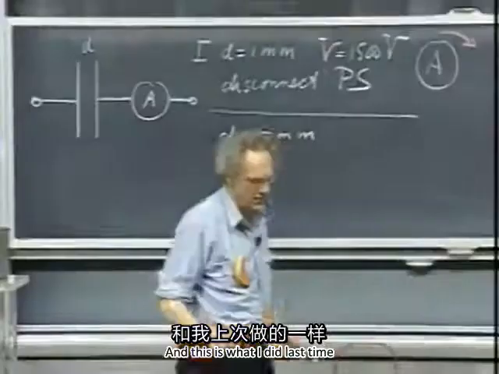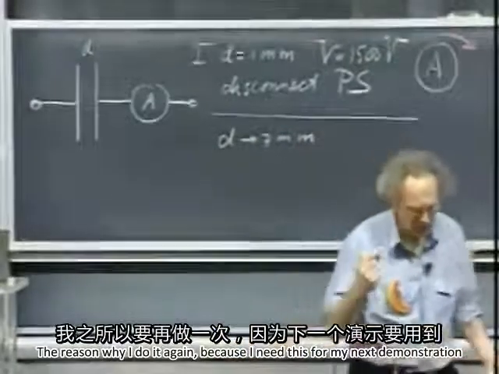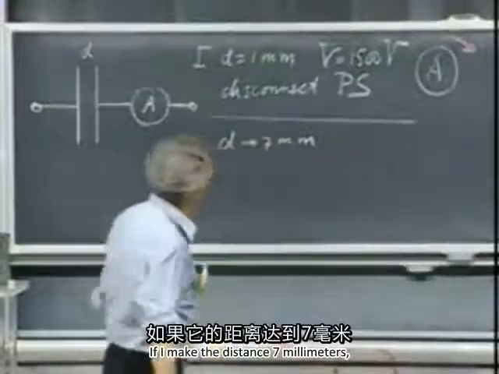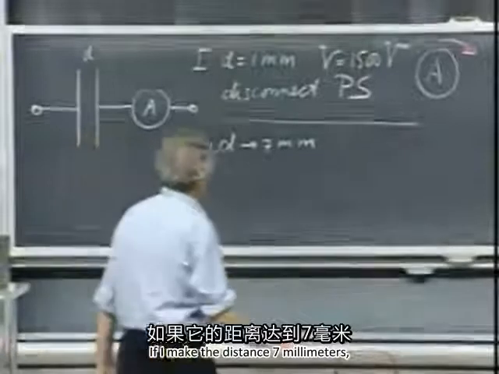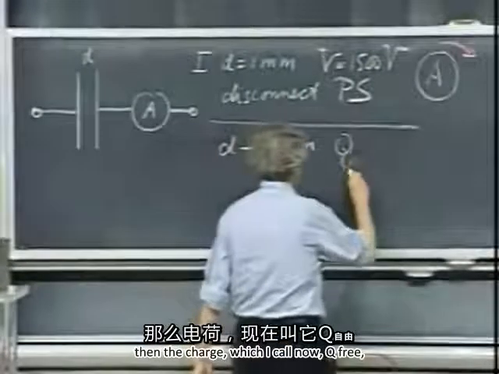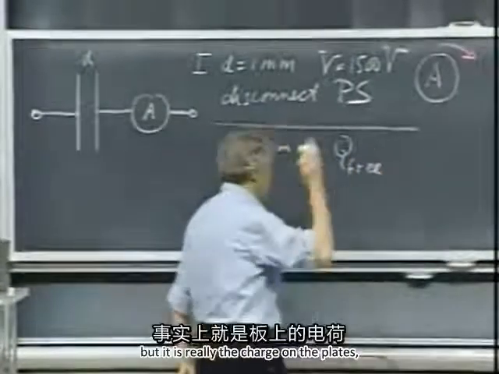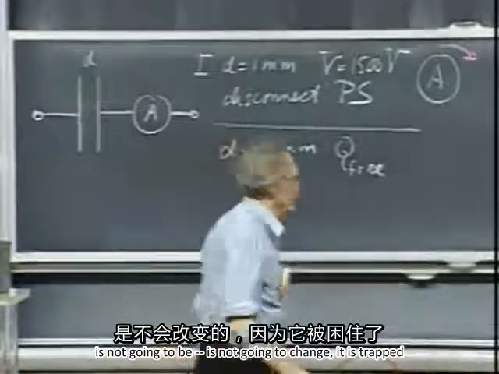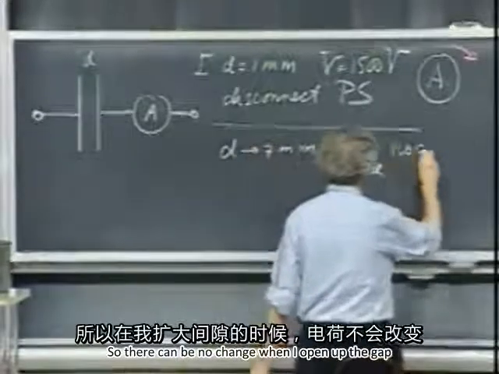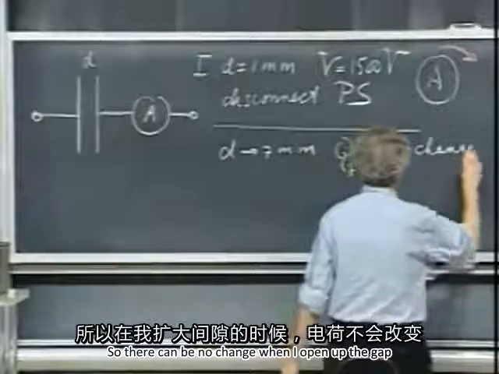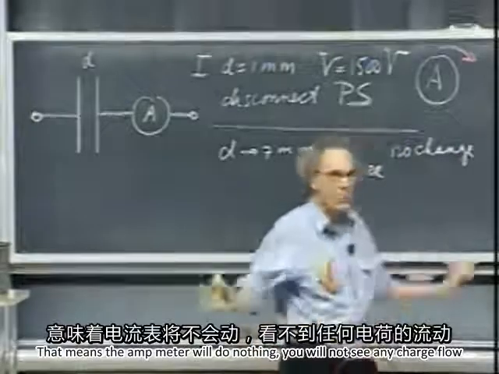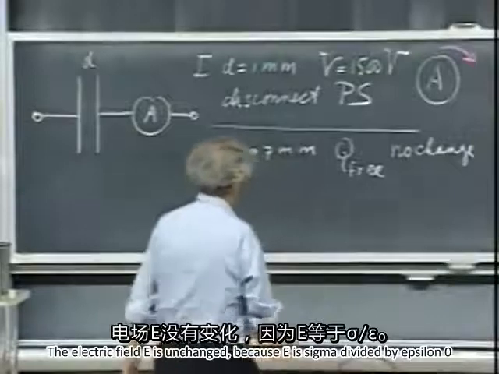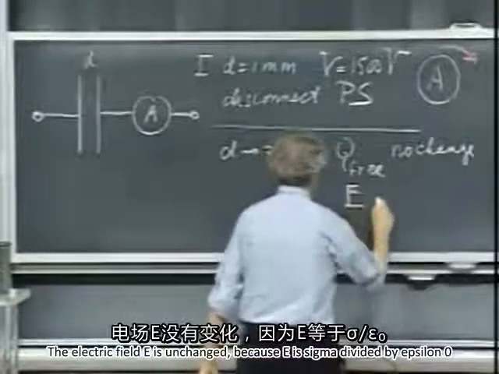And this is what I did last time. The reason why I do it again is because I need this for my next demonstration. If I make the distance 7 millimeters, then the charge, which I call now Q3, but it is really the charge on the plates, is not going to change. It is trapped. So there can be no change when I open up the gap. That means the ammeter will do nothing. You will not see any charge flow. The electric field E is unchanged,